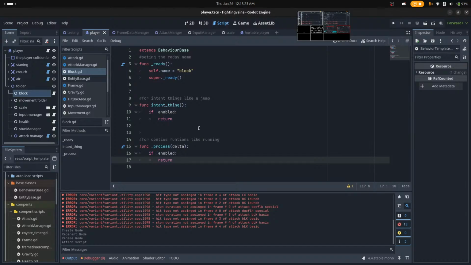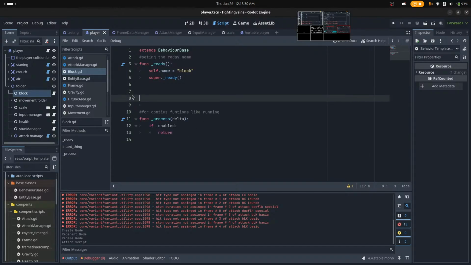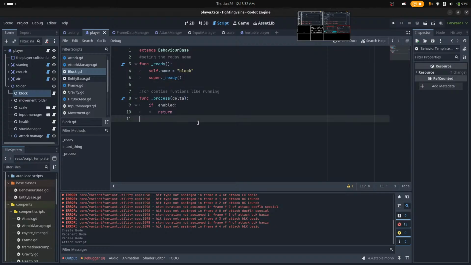Instantaneous thing, process thing. So we probably don't need an instantaneous thing. We need something that's just, um, for the player at least. Actually, what would an entity do with the blocking state that would be different than the player?